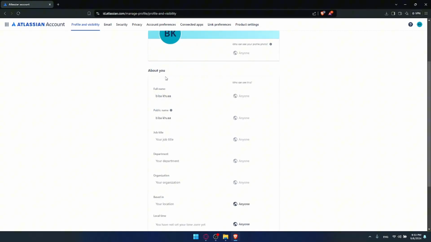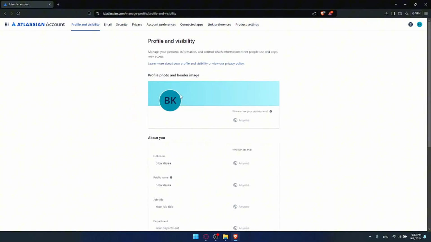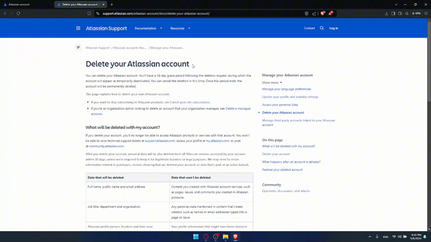So if you scroll down here about you, you will find your contacts, your about you, profile picture, and manage your personal account and control which information other people see. Here you can learn about your profile visibility. Here you can see the privacy policy, if you're interested in that. But before deleting your account, I accessed this article to show you what's going to be deleted